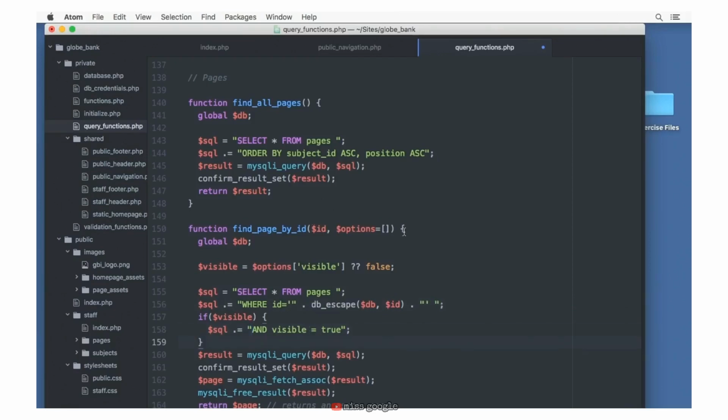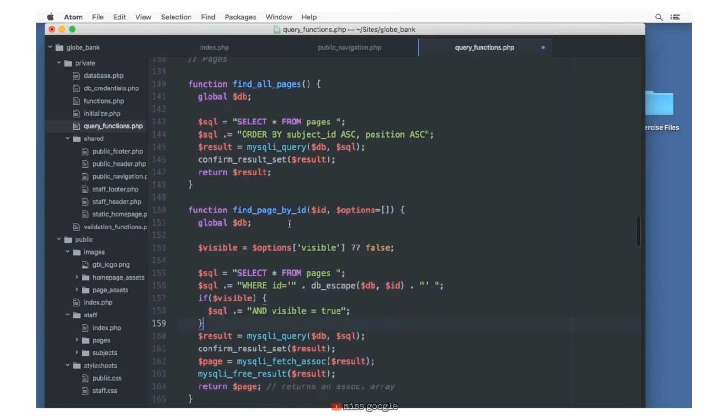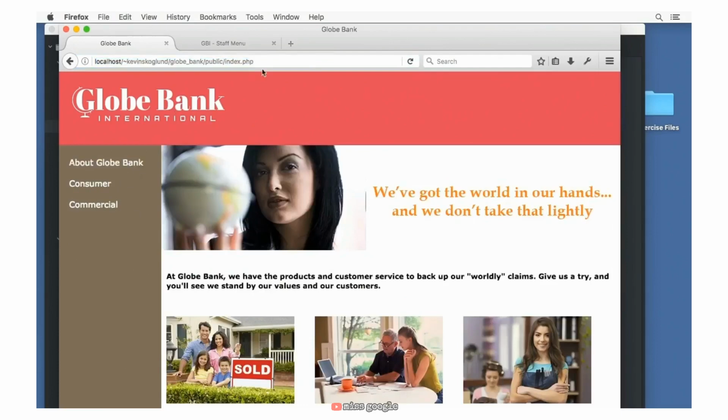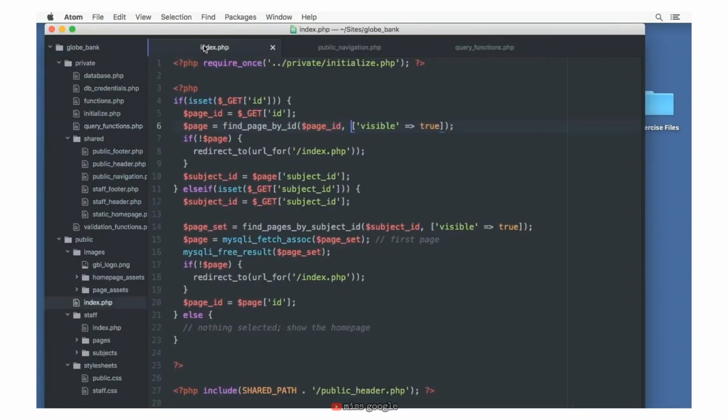Now we're able to pass in an option, read that option, set it to a default value if none was given, and then use it to modify the behavior of find page by ID. Let's go and try that out. Let's reload our page. And sure enough, it redirected us to our home page. That makes sense because if we look at index.php, it tried to find the page by the ID using the fact that it should be visible. It didn't find anything,